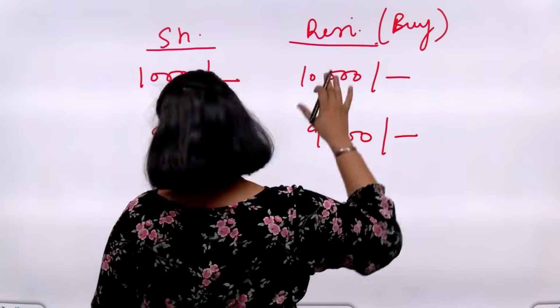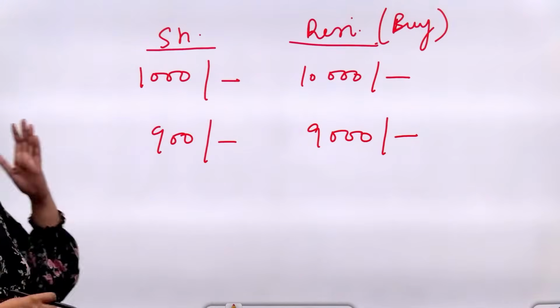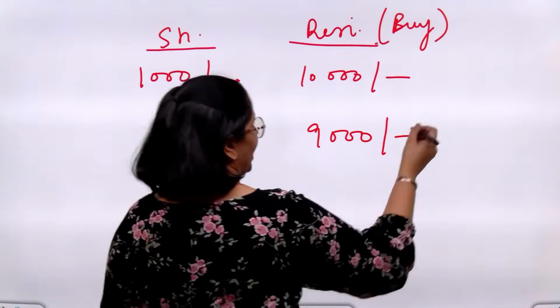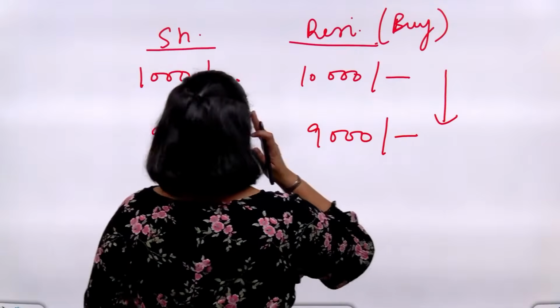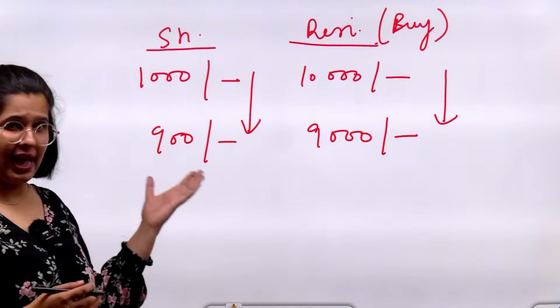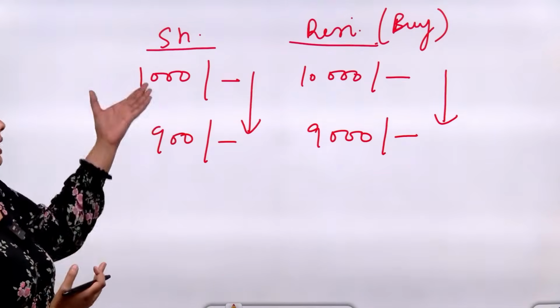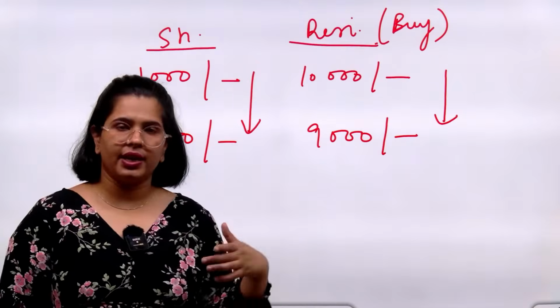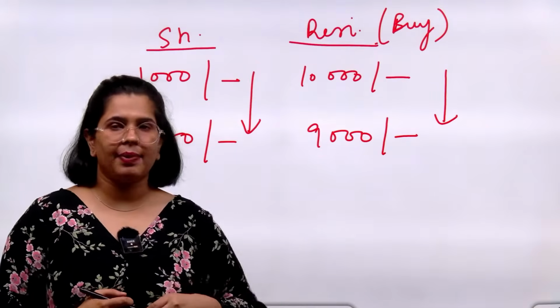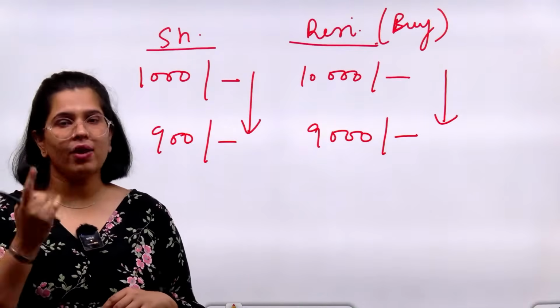Now why I am saying this, why I have taken this simple example, just to tell you that value of derivative contract would also move as per the underlying asset pricing, right? जिस तरीके से underlying asset की pricing move करेगी, वैसे ही आपका derivative contract का pricing भी move करेगा. So now once you have understood this,